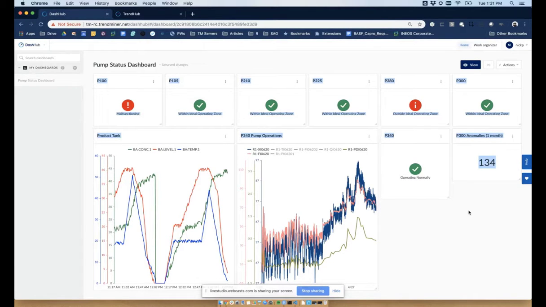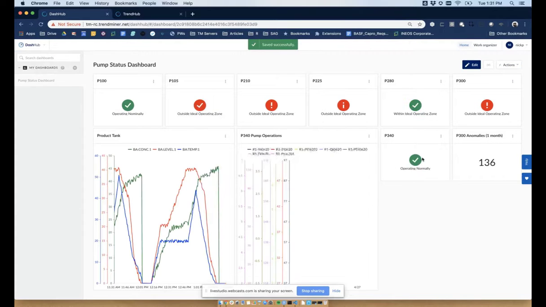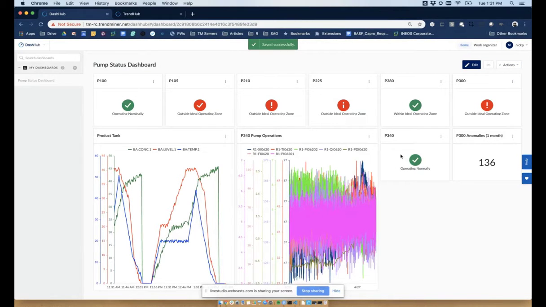I can resize the tile, maybe stick it in this little gap right here, resize it a little bit more. Now I've got a nice clean view that I'm happy with, and all I have to do is click Add Actions, save this dashboard, and now I've got a real-time indicator, a real-time notification, alert, something that I can put up in the control room or put up in the morning meeting that we can quickly open up.